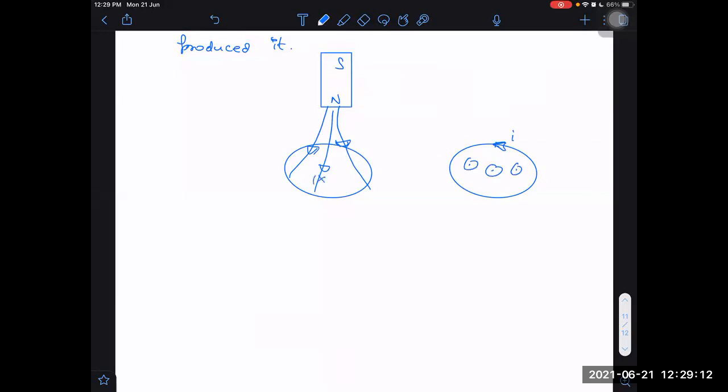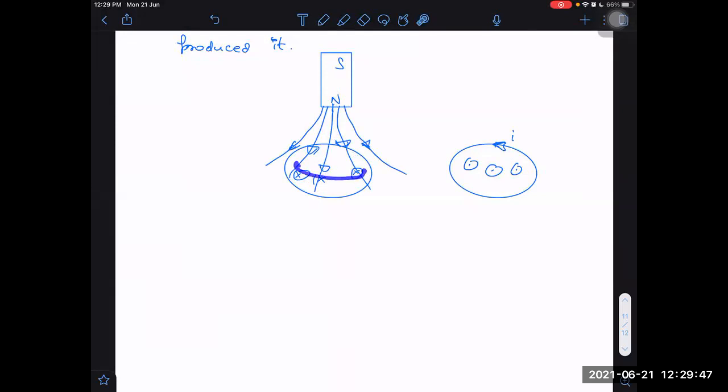These magnetic field lines were going into the plane. These were in cross direction. So if the magnet was falling down, the crosses were increasing. When I'm saying crosses were increasing, you understand what I mean to say. Assume one cross to be one magnetic field line. So if there are a lesser number of magnetic field lines initially, but as we are getting closer, there will be more magnetic field lines passing, because magnetic field lines represent the flux. Magnetic field lines passing through the loop represent the flux.